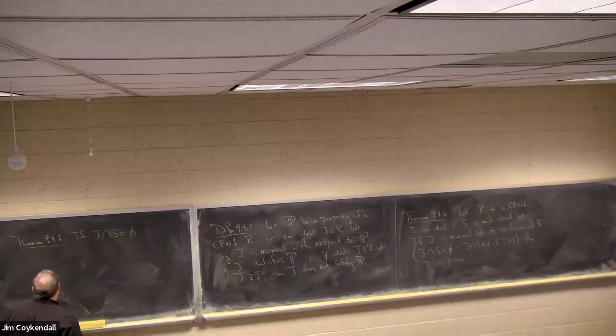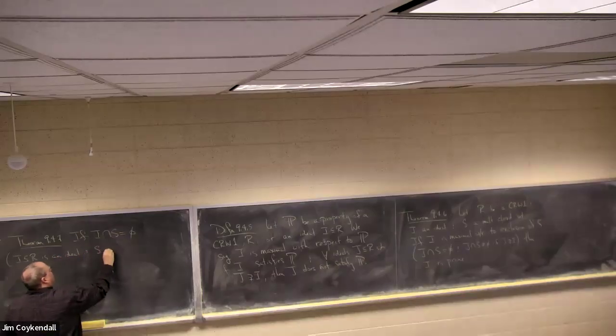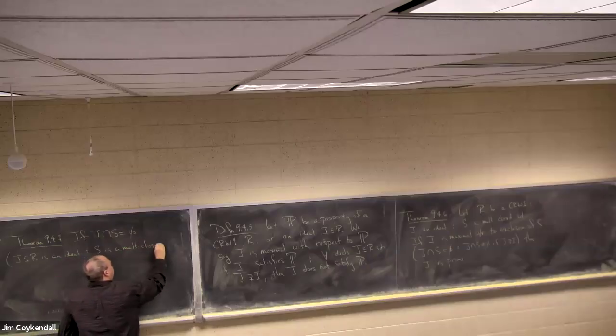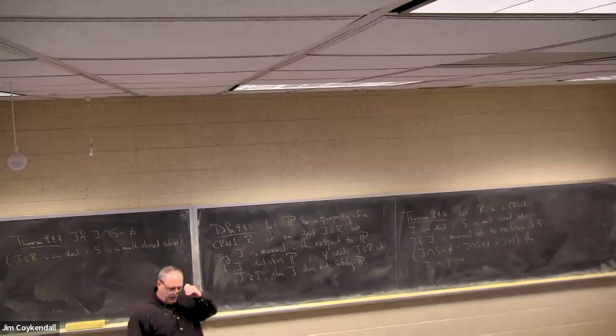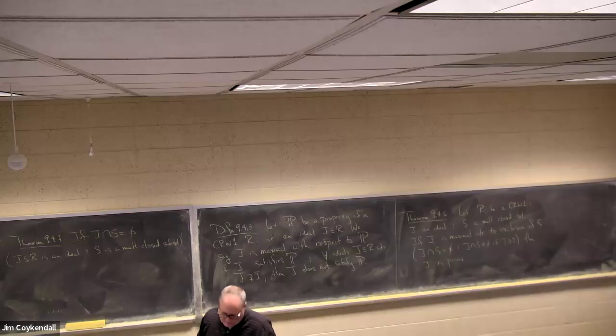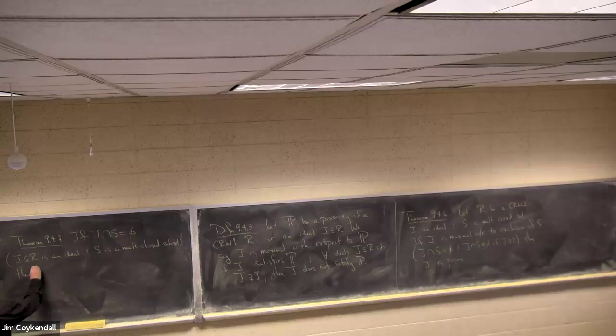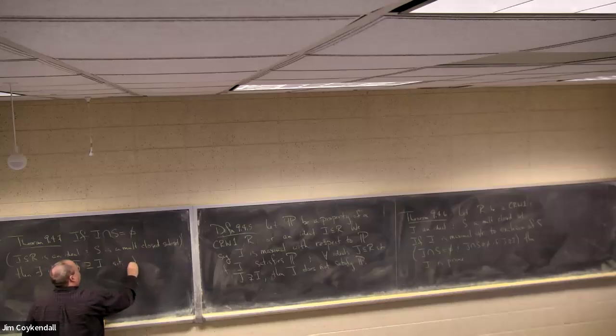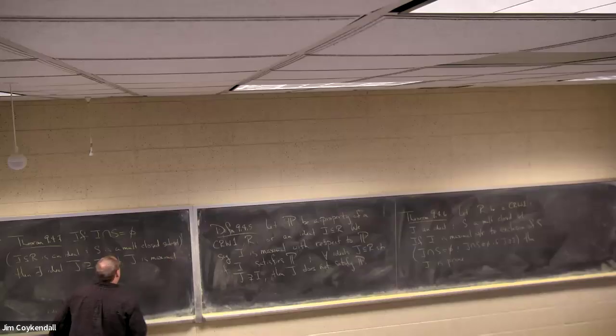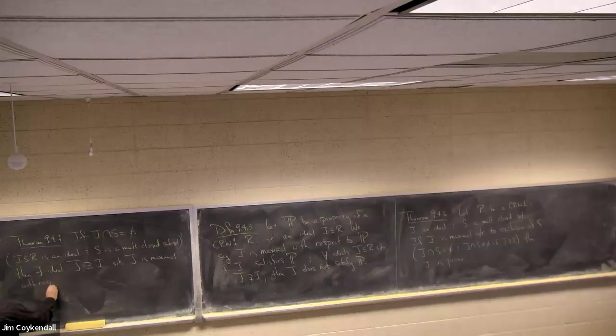Theorem 947. If I intersect S is empty, where I is an ideal of R and S is a multiplicatively closed subset, then there's an ideal J containing I such that J is maximal with respect to excluding S, meaning J intersect S is empty, and it's maximal with respect to this property: any bigger ideal, any ideal that contains J,